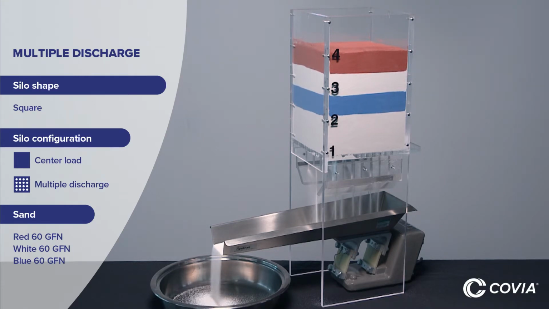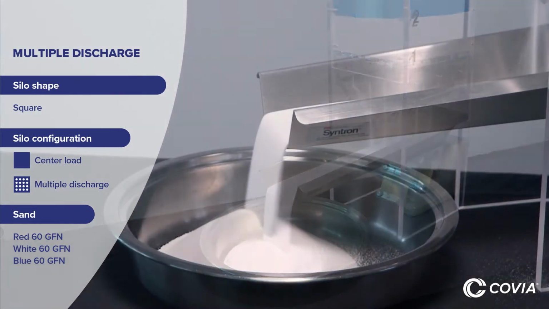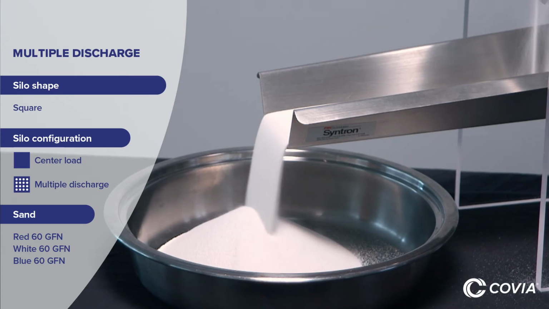This multiple discharge demonstration simulates a silo with a number of flow pipes. Sand flows in the order loaded. The first sand in, which is white, is the first sand out, which gives most of the sand time to